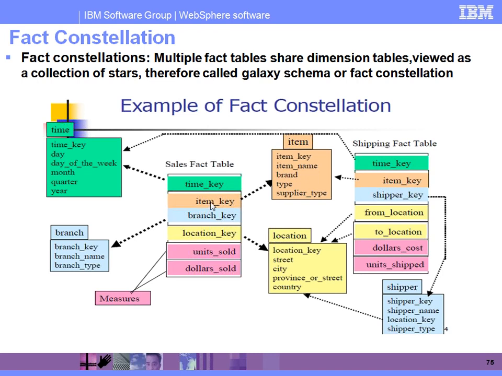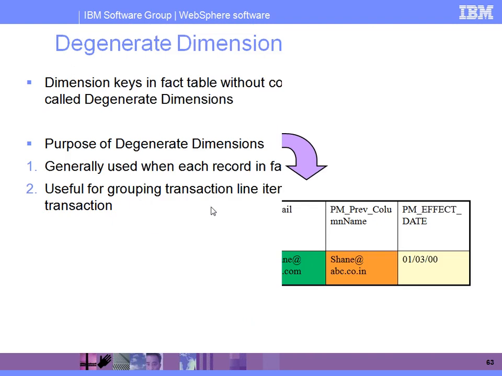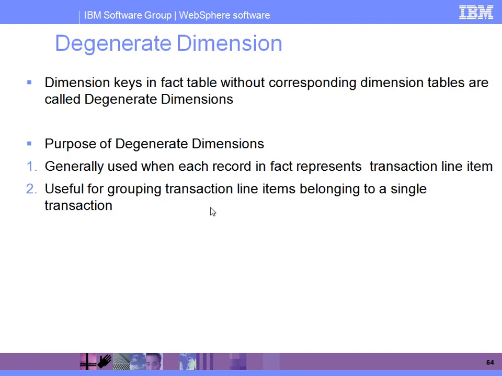Okay. What is the purpose of this degenerated dimension table? Why do we need to implement this degenerated dimension table separately? There are some purposes. Generally, if I know one single piece of information, by using that single information I want to track my total data. It's a kind of simple tracking purpose. If you want to track any particular information using a single piece of information, I know only the product ID. Based on the product ID, what is the brand, what is the category, what is the unit, like this, all the data related to that particular product, if you want to track it.